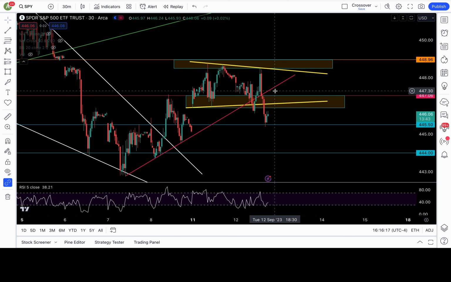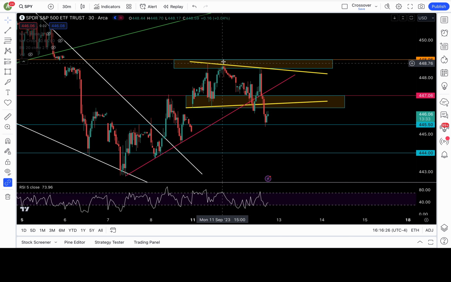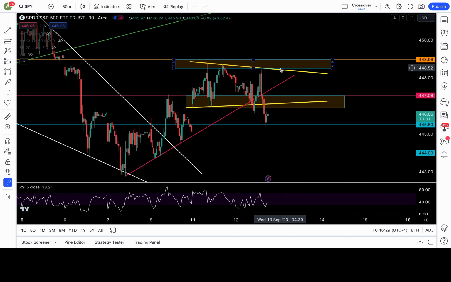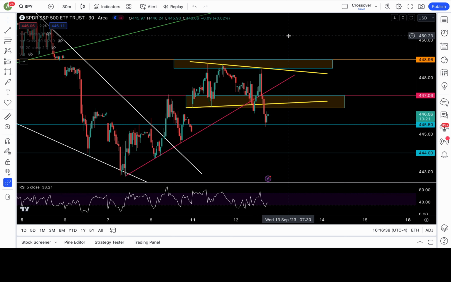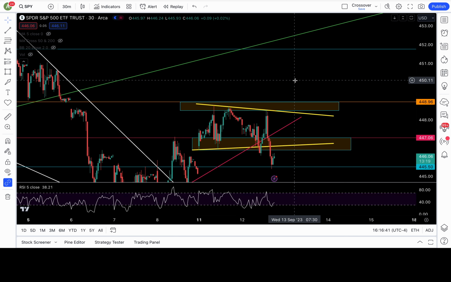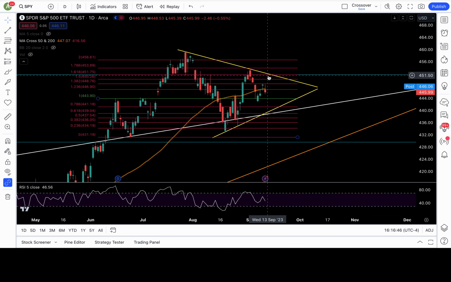If it gaps above 447, which can happen with CPI, then if it's above 447, we know 447 is support, which means the next resistance right up here, this sell zone, 448.5 to the 449 zone. We know that's the next resistance zone. So if it gaps above and it clears 449, that's our trigger to go long, targeting 450 and 452. Above 452 would be a breakout of my triangle pattern, and I would be bull bias above